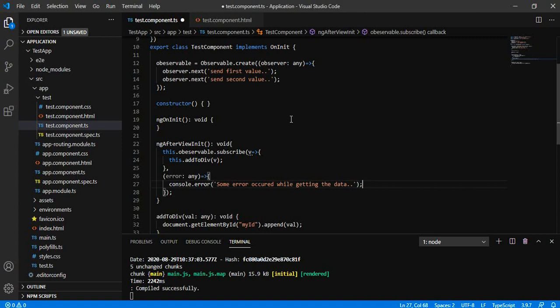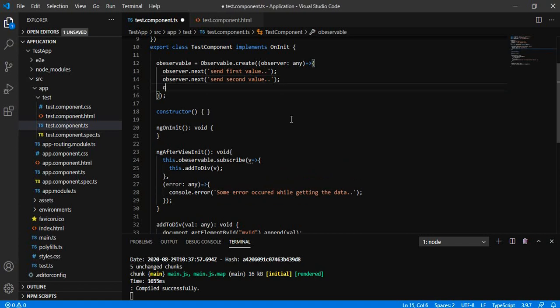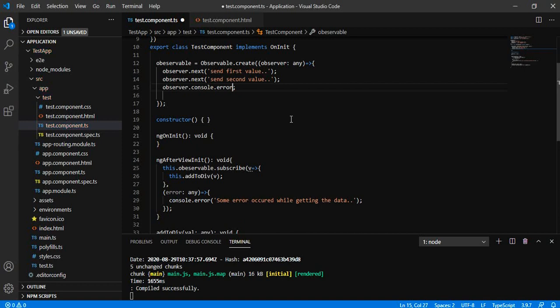So let me send some error also. I am trying to send observer.error. Just like next sends a new value, we can send an error.